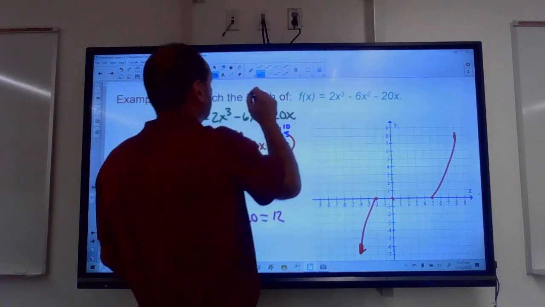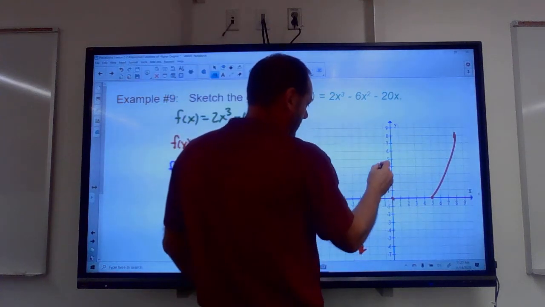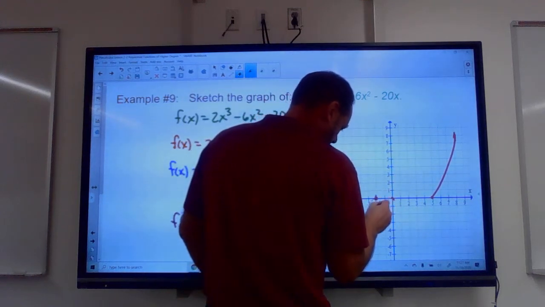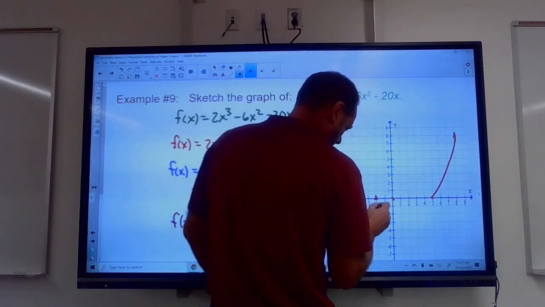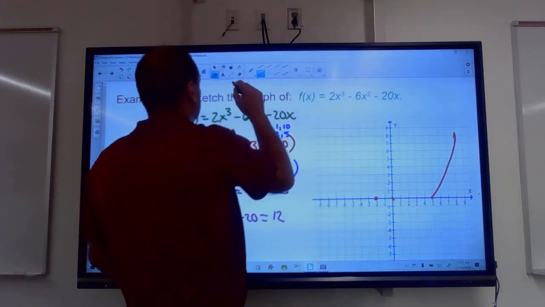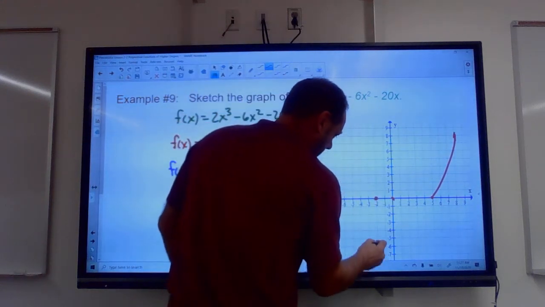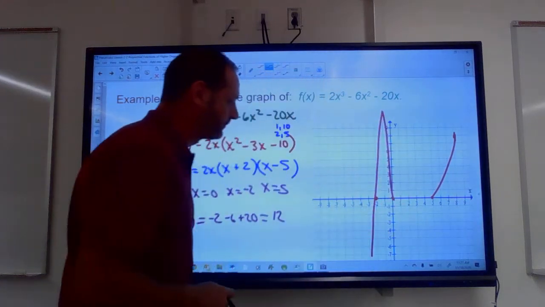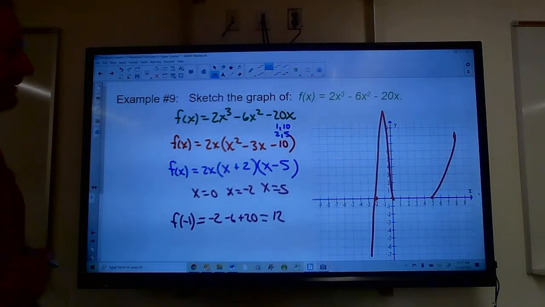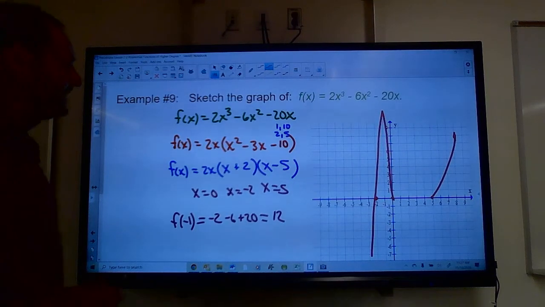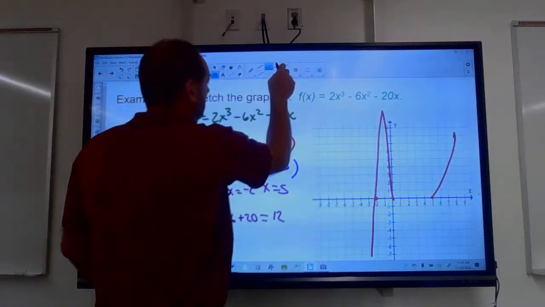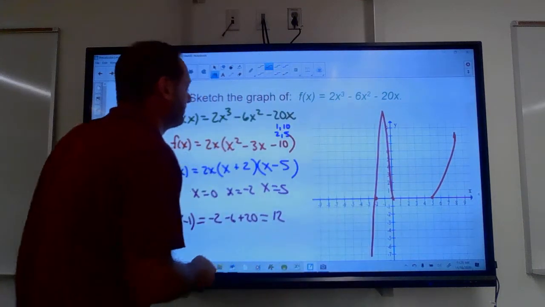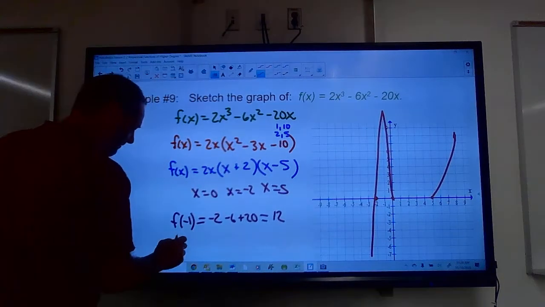Okay, so that's going to go clear up to 12. This thing is going to be way steeper. This thing is going to go way up here. And then I might find f of 3. Just pick something in the middle. Now, that doesn't mean it's going to be symmetric here. It's giving me an idea of where this thing's going. So if I found f of 3,